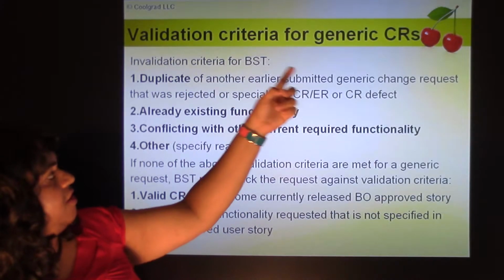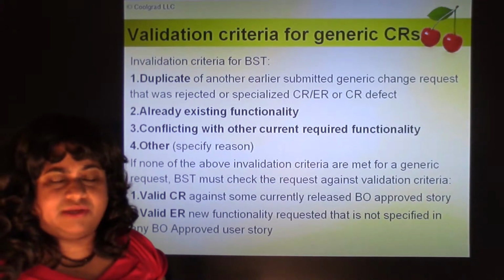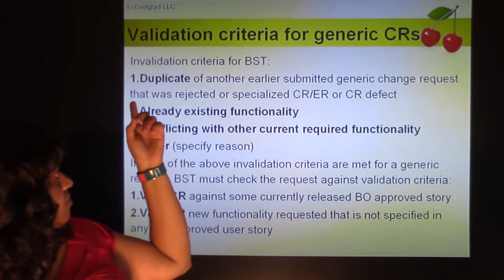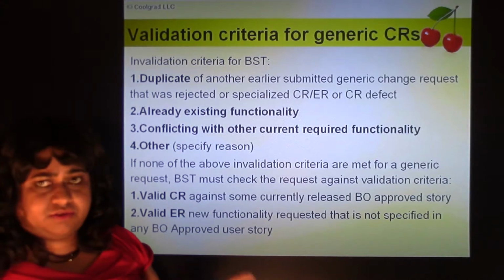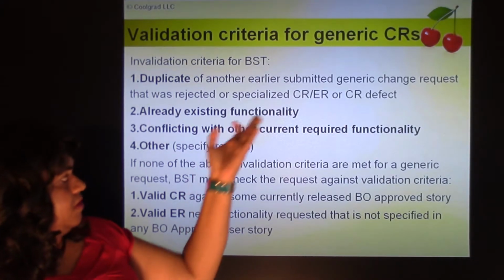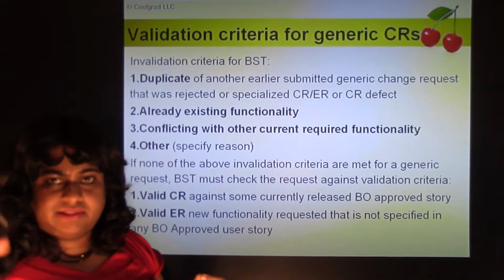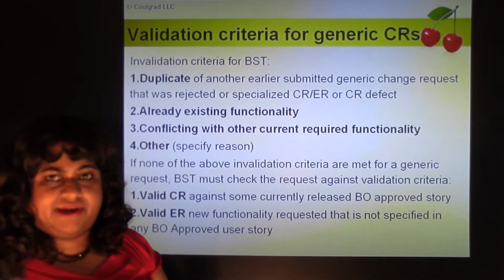So validation criteria for generic CRs. What criteria must the business support team use to determine whether a CR is valid or invalid? Duplicate. If it's a duplicate of an earlier submitted CR or ER, or a specialized user story, we provide the link to this already existing submitted request, and we say for this reason it's a duplicate,